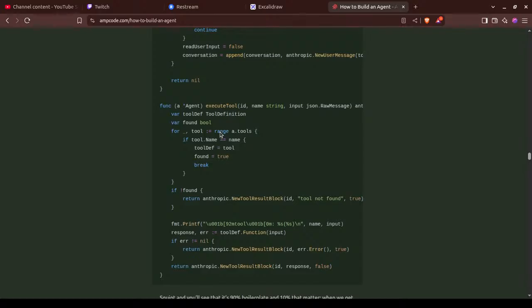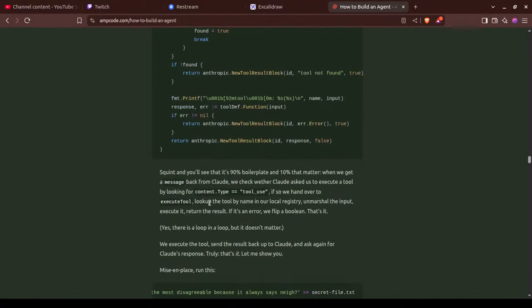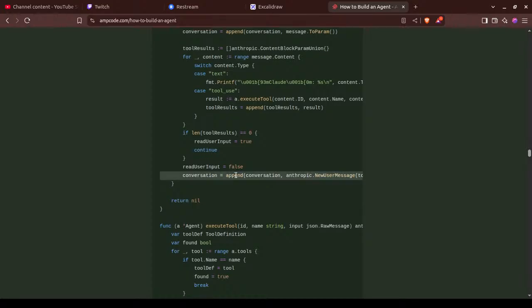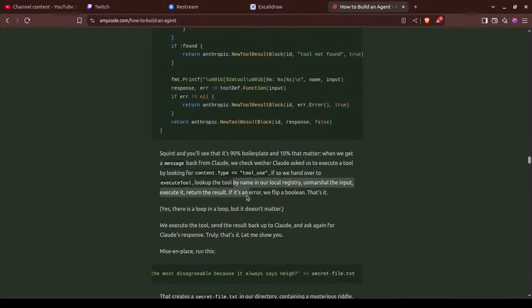Yeah, we check this here, and then if so, we hand over to execute tool, look up the tool by name in our local registry, unmarshal the input, execute it, return the result. So that we return the result here, right? And then if it's an error, we flip a boolean.